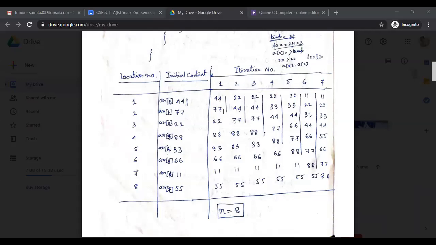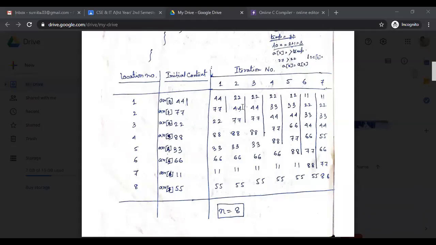Between 44 and 77, 44 is placed in a lower index and 77 in an upper index. So 44 is less than 77, and no swapping is required.